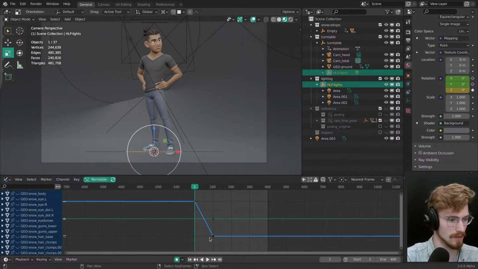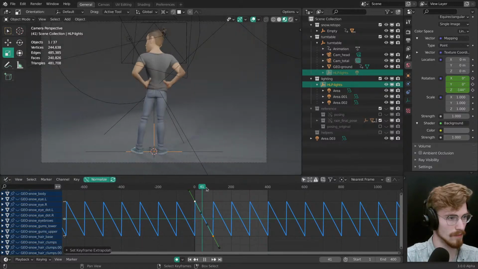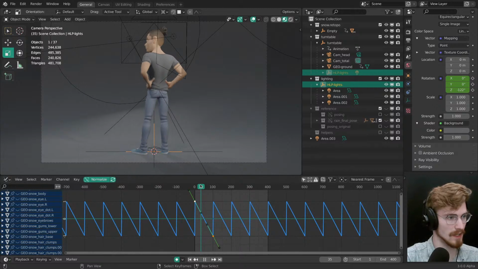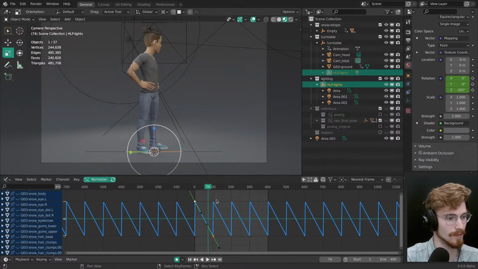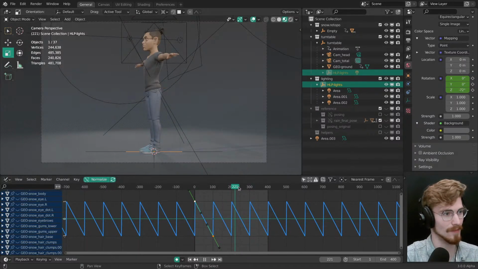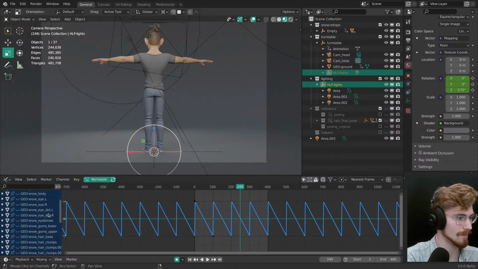Okay, let's just select this, Shift E, make cyclic. There we go. So now the lighting setup is actually rotating with the turntable, which is what I wanted to have. And then afterwards it keeps rotating but without the turntable. Perfect. Now I just need to do the same